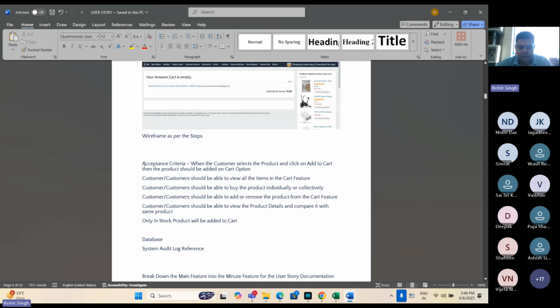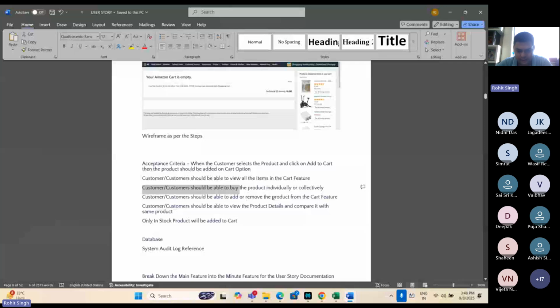Now acceptance criteria. When the user selects the product and clicks on add to cart, then the product should be added to the cart option. Customer should be able to view the items in the cart feature. Customer should be able to buy the product individually or collectively. Customer should be able to add or remove product from the cart feature.